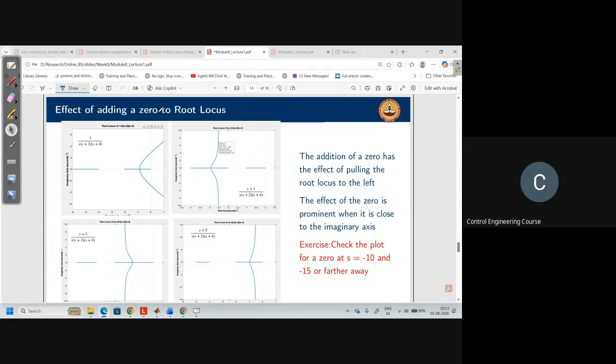Suppose you add a zero to the open loop transfer function, like for this 1 by s into s plus 2 into s plus 4. So the pole location, now if you are adding a pole, that means your system is becoming unstable, right? Let us suppose you have only two poles, no zero, then your asymptotes will be like this, 90 degrees, 90 degrees, right? Suppose you are adding any additional pole, then you will have